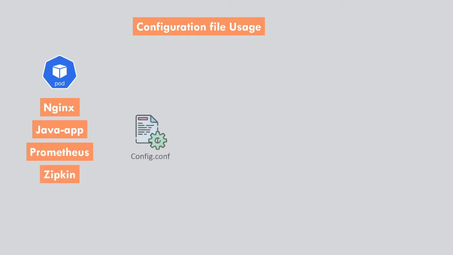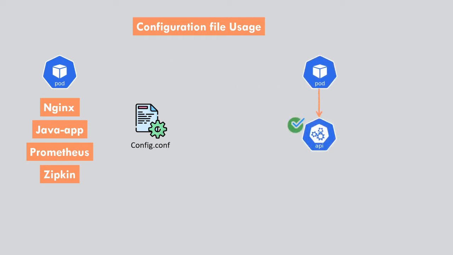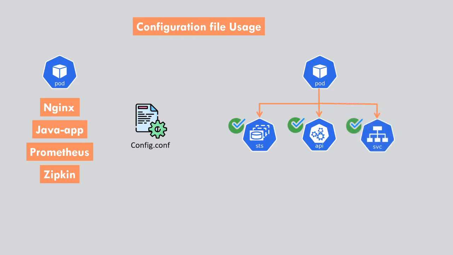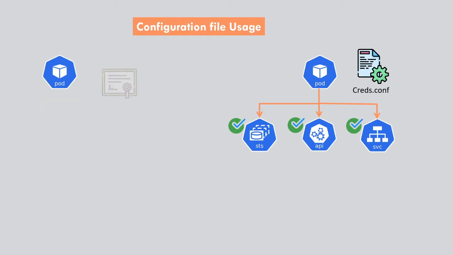All these applications need startup configuration which is environment specific, or the application needs config information which is sensitive, such as API service credentials, database username and password, or an API key. This sensitive information is also part of configuration. One more example of configuration is a certificate. If your application is communicating over HTTPS, you need to store certificates inside the application. All these scenarios are considered configuration which is required by applications.